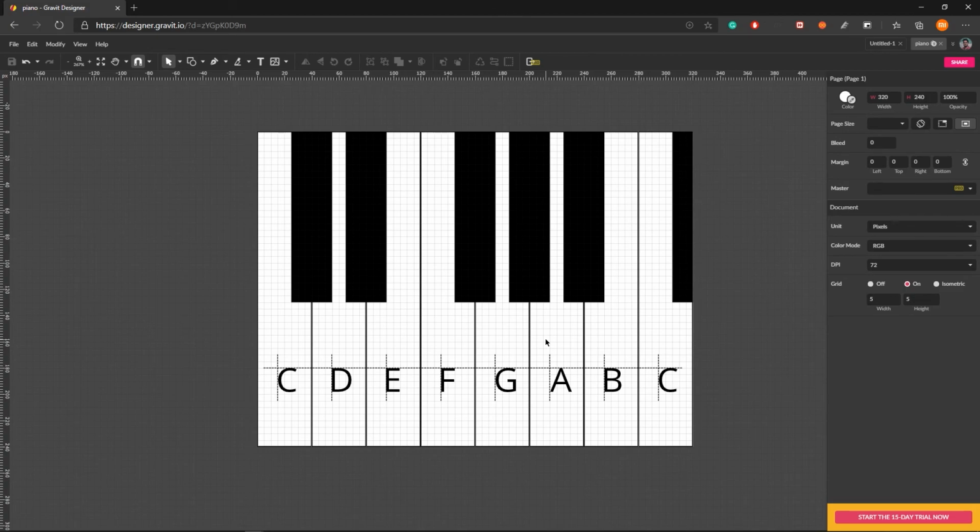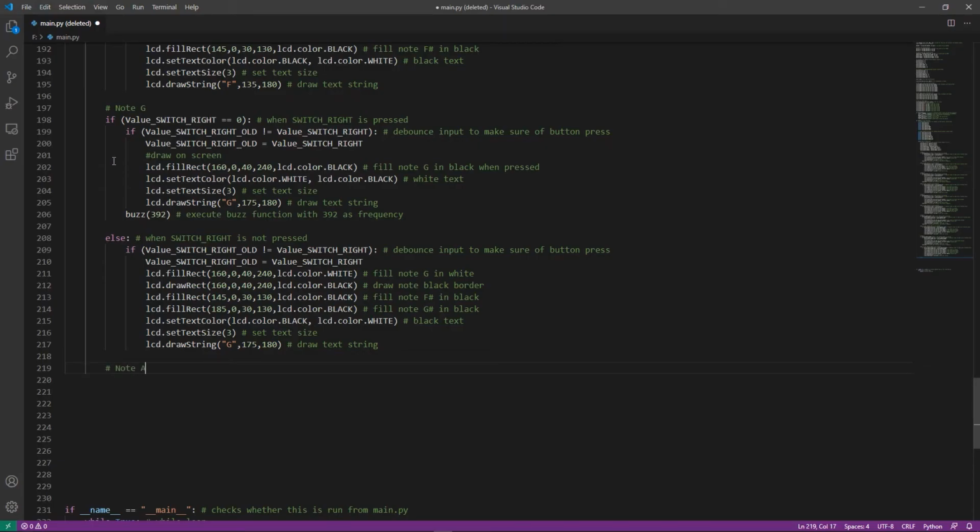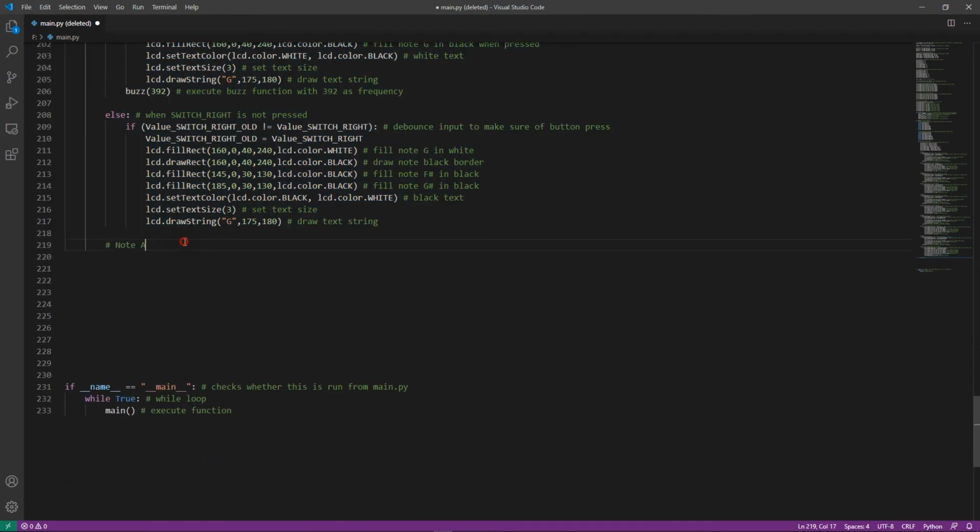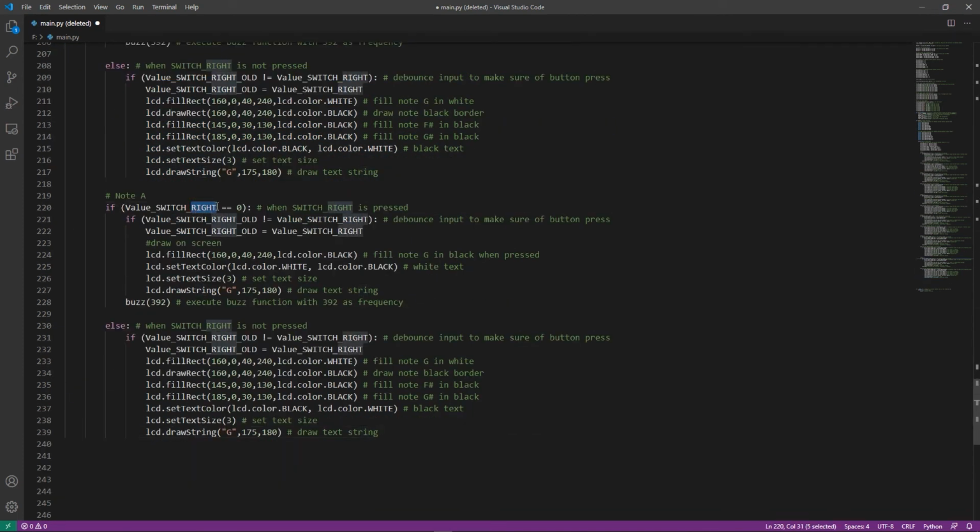After that, moving on to note A. So copy this and paste it under A and change this from right to up. After that, change this to A and the location to 200. So here also A 200 and the border 200, and here we will get rid of this